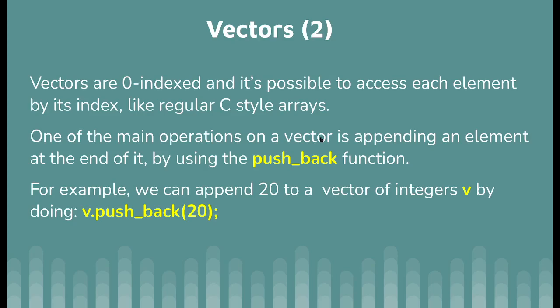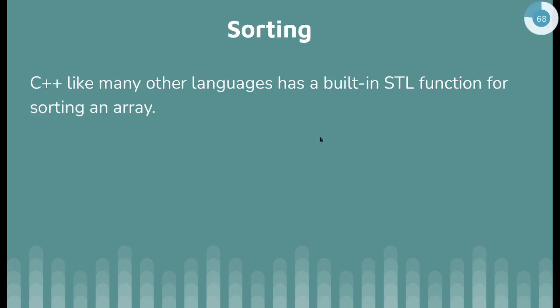In vectors you can do other stuff like erase. You can erase an element from the middle, but the only fast operations are appending from the back and removing from the back. To remove from the back, you just pop back. Any operation where you change, add or erase an element from the middle or the start is very slow and not recommended, because it has to iterate over all of the elements in the vector. Operations at the back are constant, so you can do them very easily.